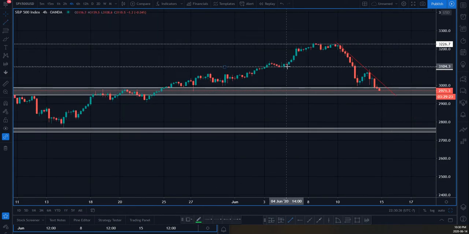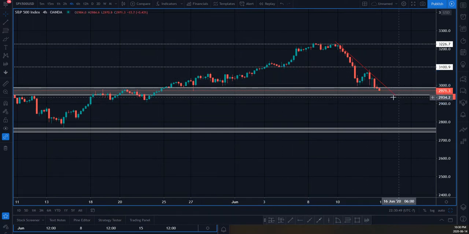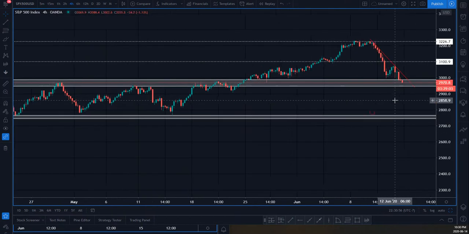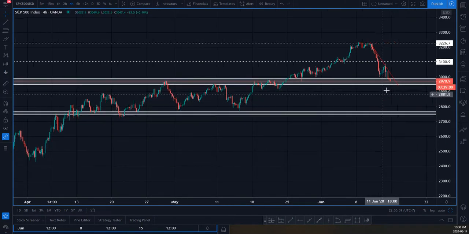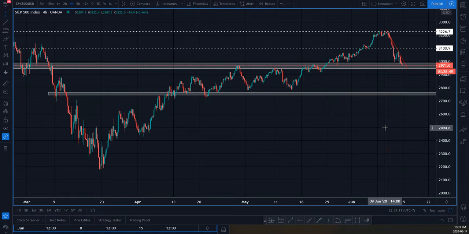It would make sense if we were able to hold a possible support one more time. If we bounced here, that would be a nice descending wedge melt to the downside if we break the level of descending support. But a little too early to say, although right now it does look pretty weak for the buyers. If we break down the 61.8% level, I think it wouldn't be hard to assume that we would get to the next key zone, which is around 2765-ish, and that I think would be the next key level of support we can see on the larger time frames. So that's what we can see within the SPX.